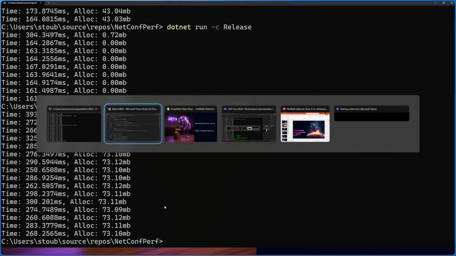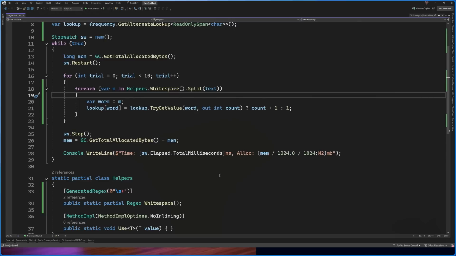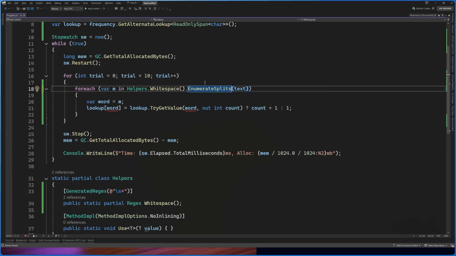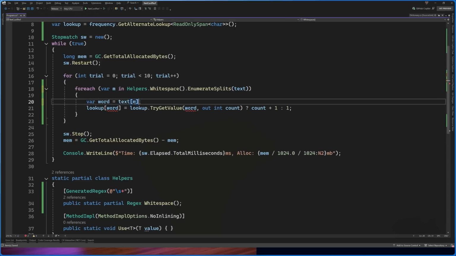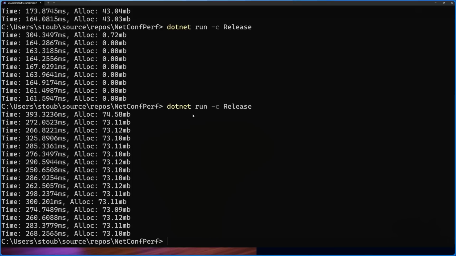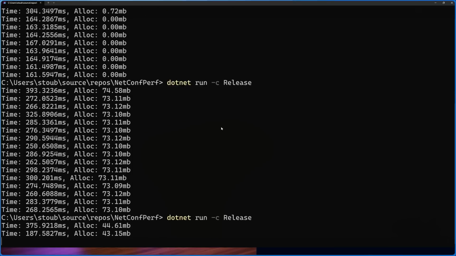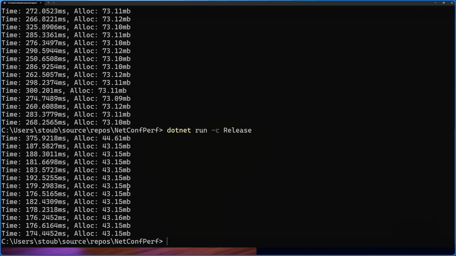So let me switch back over here, and instead of using Split, I will use the new EnumerateSplits method from .NET 9. Now, instead of getting back a string, we're getting back a range. What can I do with that range? Well, I can do something like text using the indexer to get back a string. So I can run this. Let me save that and switch over here. Now we can see we're about twice as fast, and we're back down to about the same amount of allocation